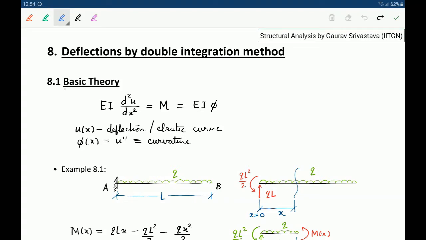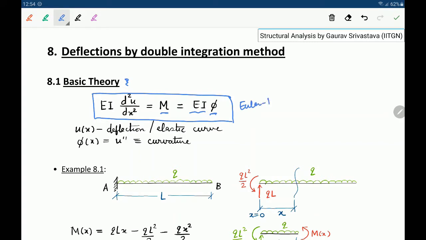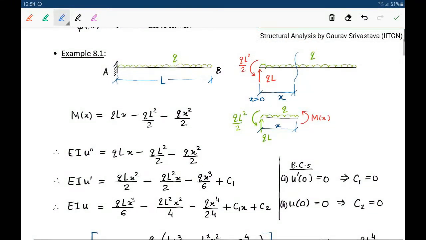So the basic theory behind the double integration method is the basic Euler-Bernoulli beam equation, which gives the moment and curvature relation, right? Where phi is the curvature, M is the moment, and EI is the bending rigidity. So this is the basic Euler-Bernoulli equation. And u of x here is the deflection curve or the elastic curve, which we usually compute using this equation. So just as a quick example, if we consider a cantilevered beam of length L and bending rigidity EI,